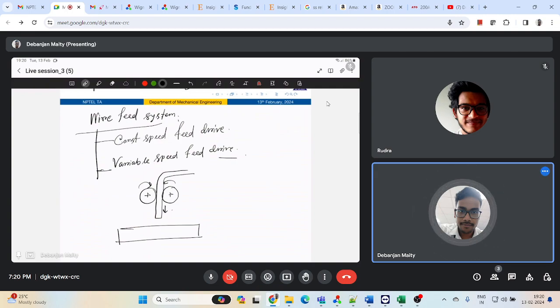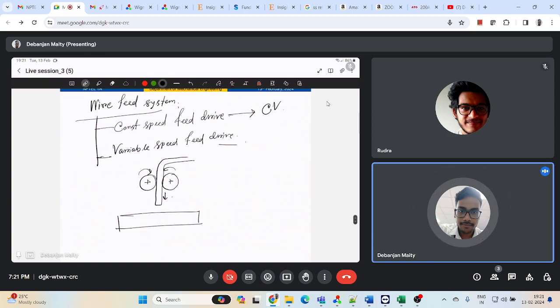So as to maintain your arc length constant during your welding, depending on your change in voltage, right? And it is normally used, as I said, with constant voltage power sources. So a constant speed feed drive system is normally used for constant voltage power sources, in combination with small diameter electrodes where self-regulating arc will help to attain that constancy in your arc length, right? And then in a variable speed feed drive system, you will have,